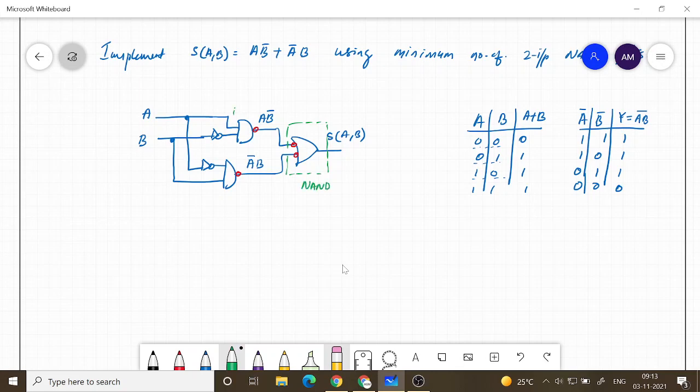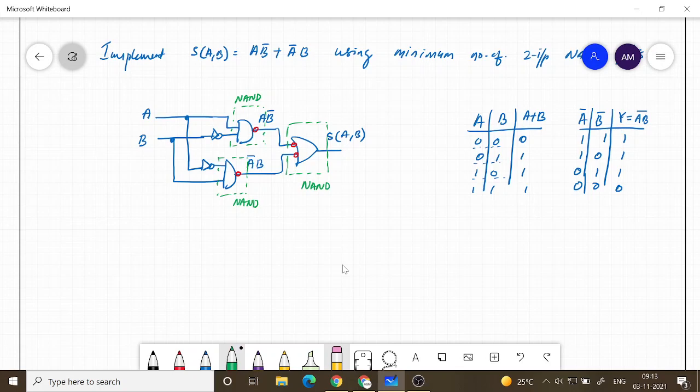And this is very evident that this is a NAND gate. You don't need to specify it any further, because AND gate, if you complement the output, you get NAND gate. So we have a NAND gate here, a NAND gate here, and a NAND gate here.